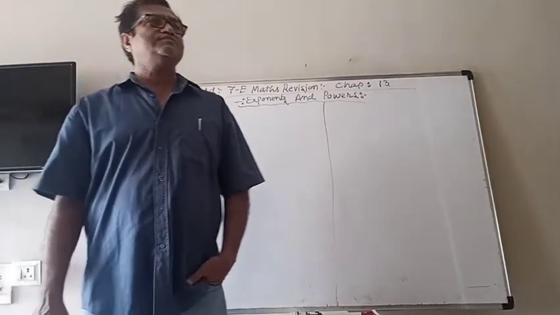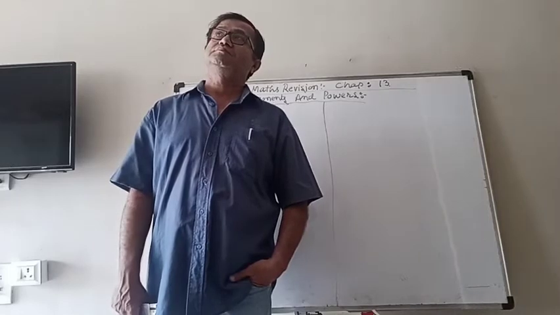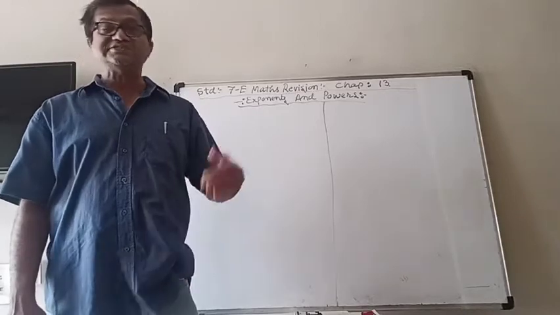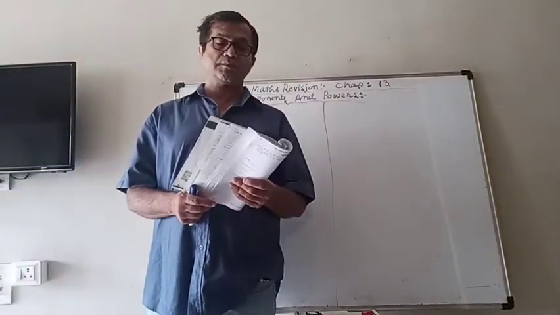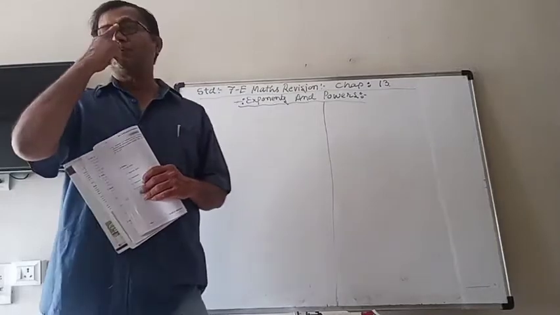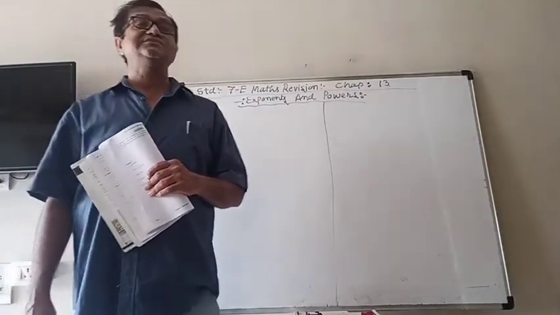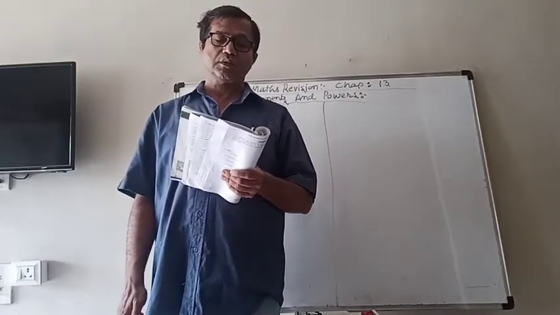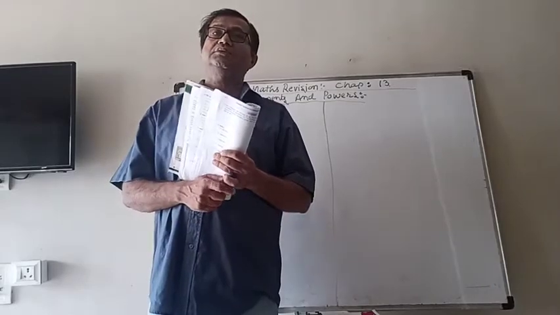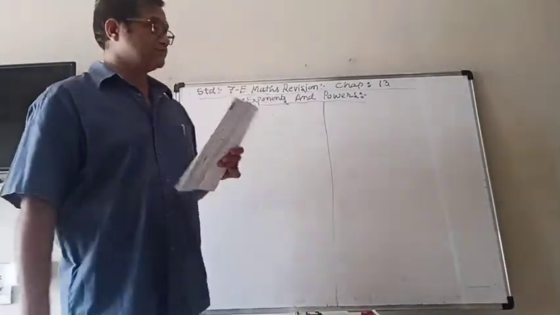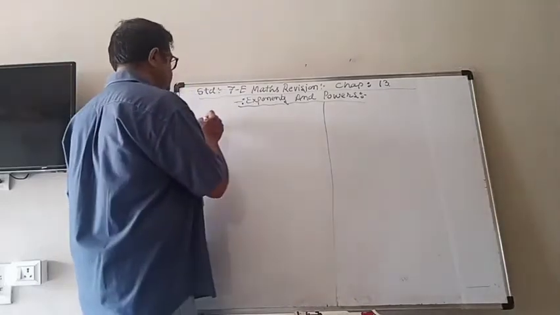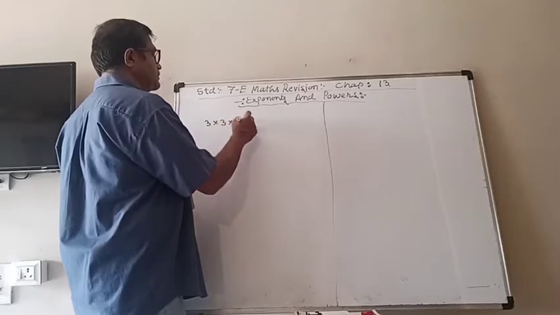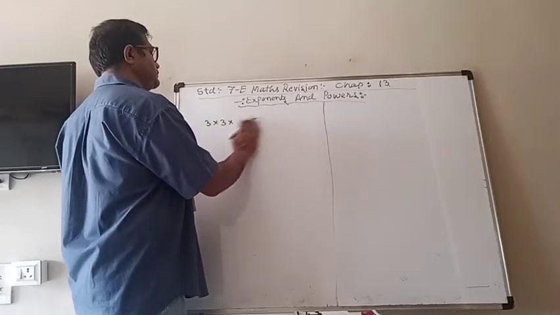We know that when the same number is multiplied with itself more than one time, then we write them in exponent form or the power form, and we can write it in short. For example, 3 multiplied by 3 multiplied by 3 multiplied by 3.